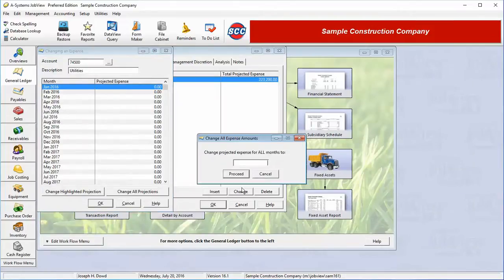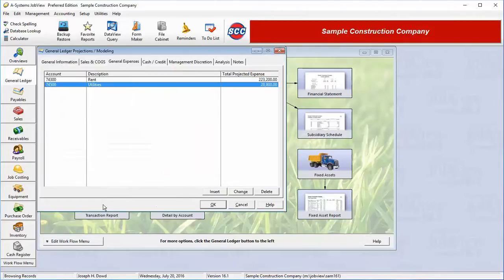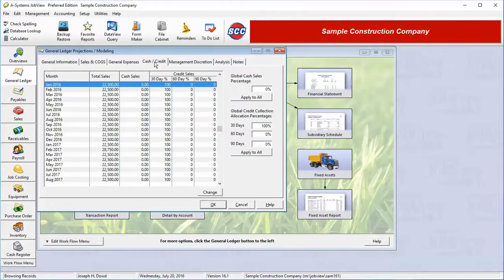Once you've entered all your projected general expenses, click on the Cash Credit tab. The information we enter here will help the computer create a cash flow projection. First, notice that once again there is a list of all 36 projected months. The total sales column represents the total of all the product sales we projected on the Sales and Cost of